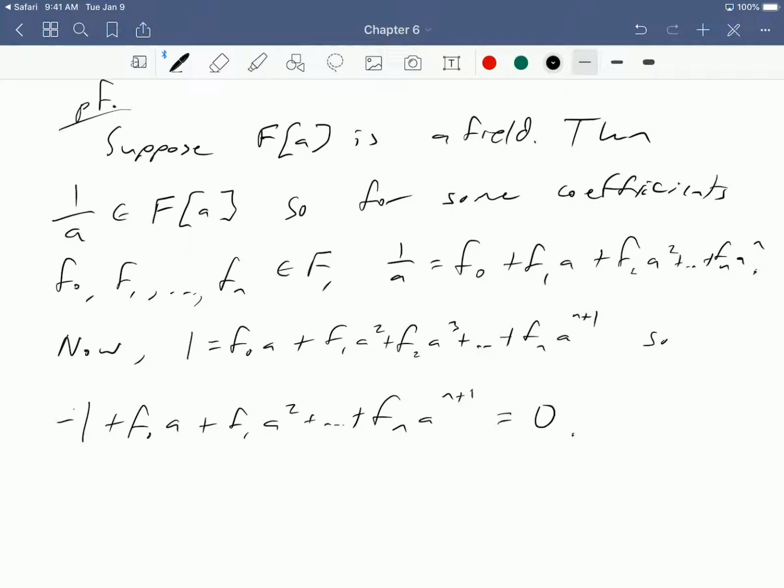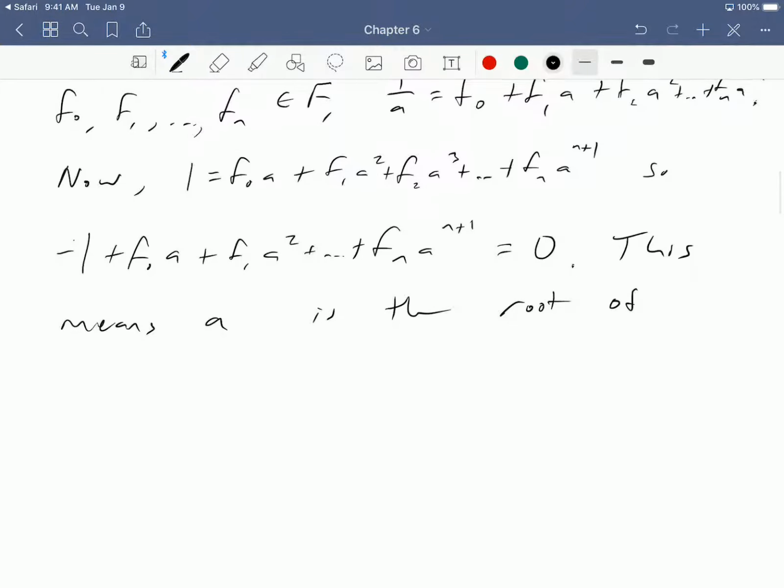And now that should be looking a little bit familiar. We have this expression with coefficients f and powers of a equal to 0. So I'm going to be extra explicit and say this means that a is the root of the polynomial